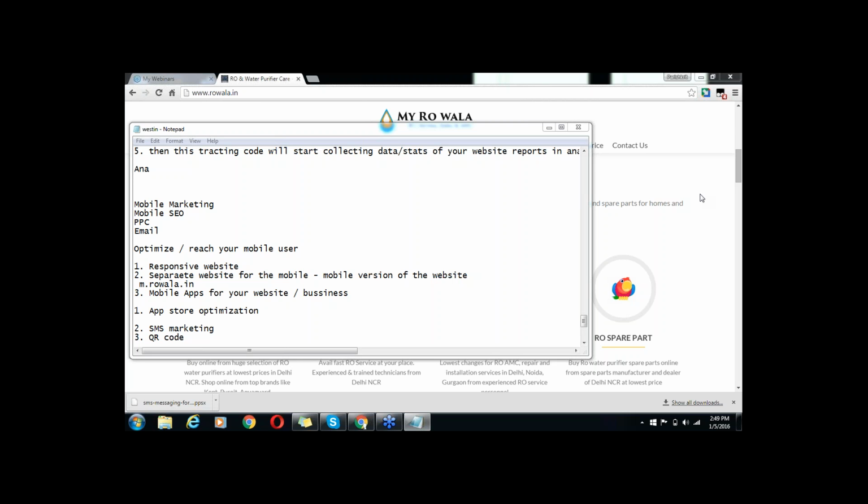and freebies so that they can attract those users to install the mobile app. And the second challenge is that once you have installed the mobile app, you have to make that mobile app usable enough for your user. If that mobile app is not usable enough, then after some time the user may uninstall your mobile app. So you have to work on the mobile app from two points of view.